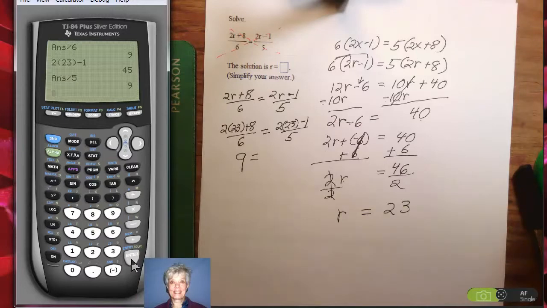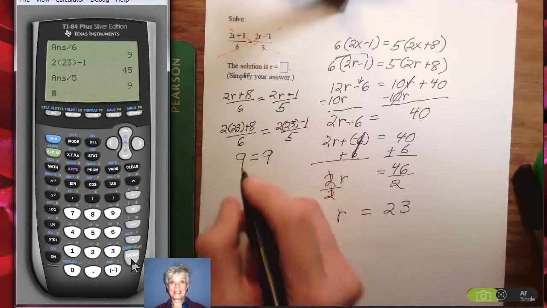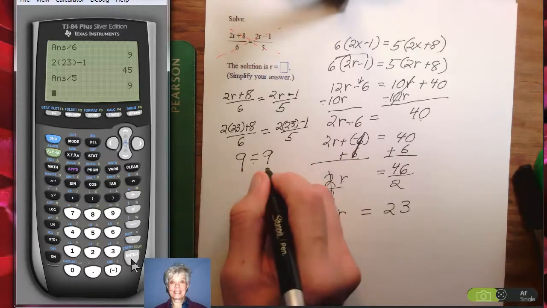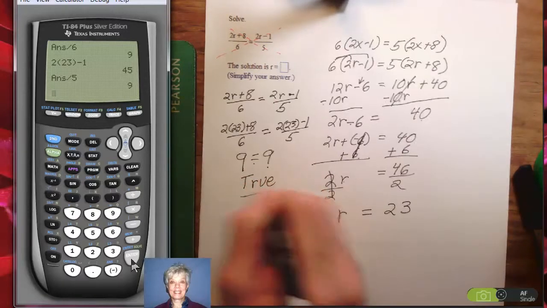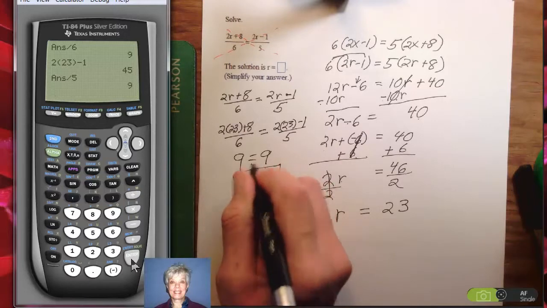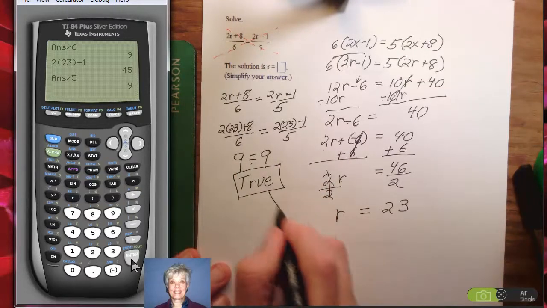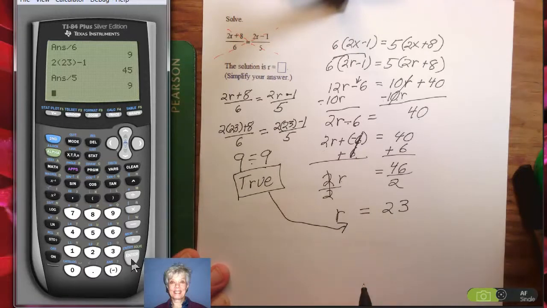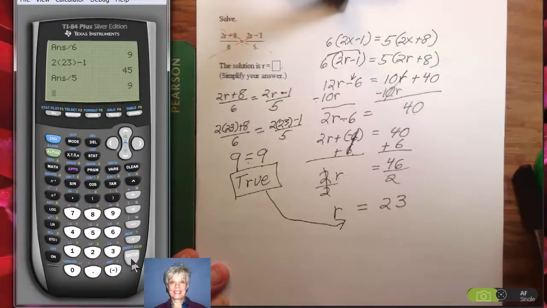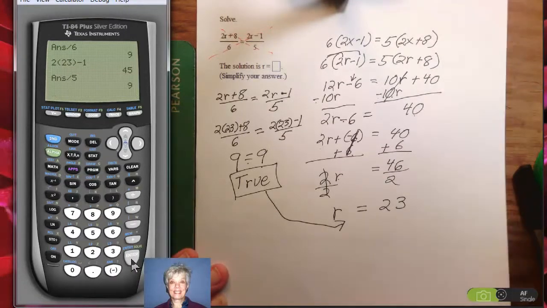Hurrah! Okay, what our proof showed is that 9 equals 9. That's true. It's the true I'm looking for. The true over here means that r equals 23 is really my answer. So now I know that the answer to this problem, the solution to this problem,